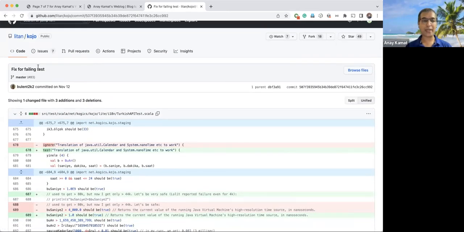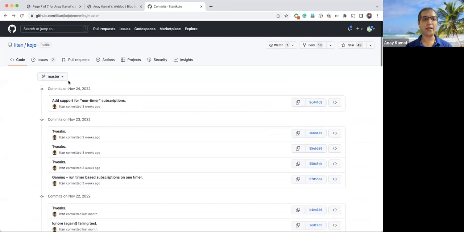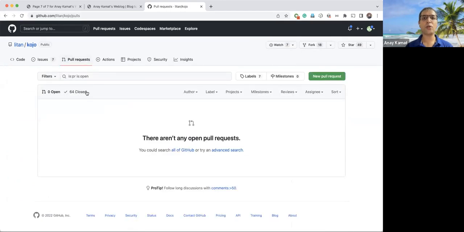This is an example of one commit. Then there are examples of what are called requests. So let us see if there are any. Okay, here there are 64